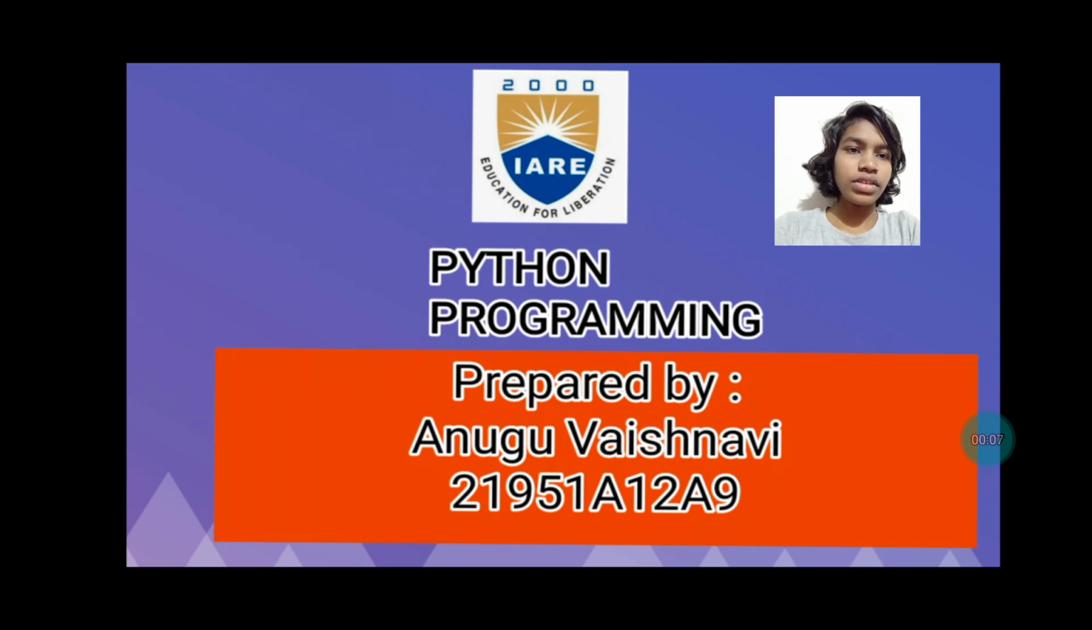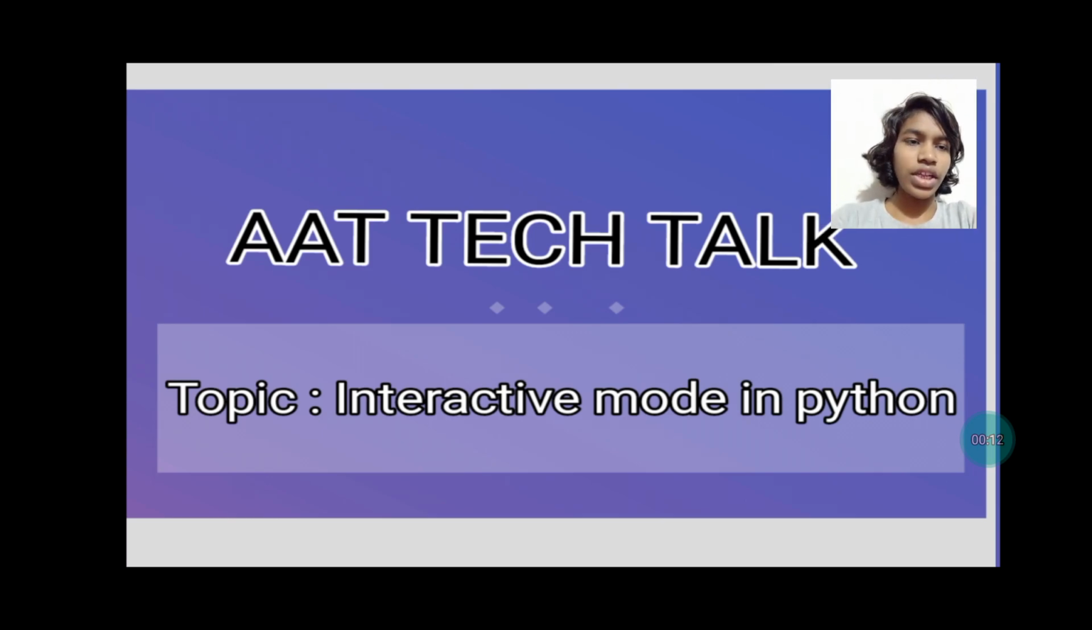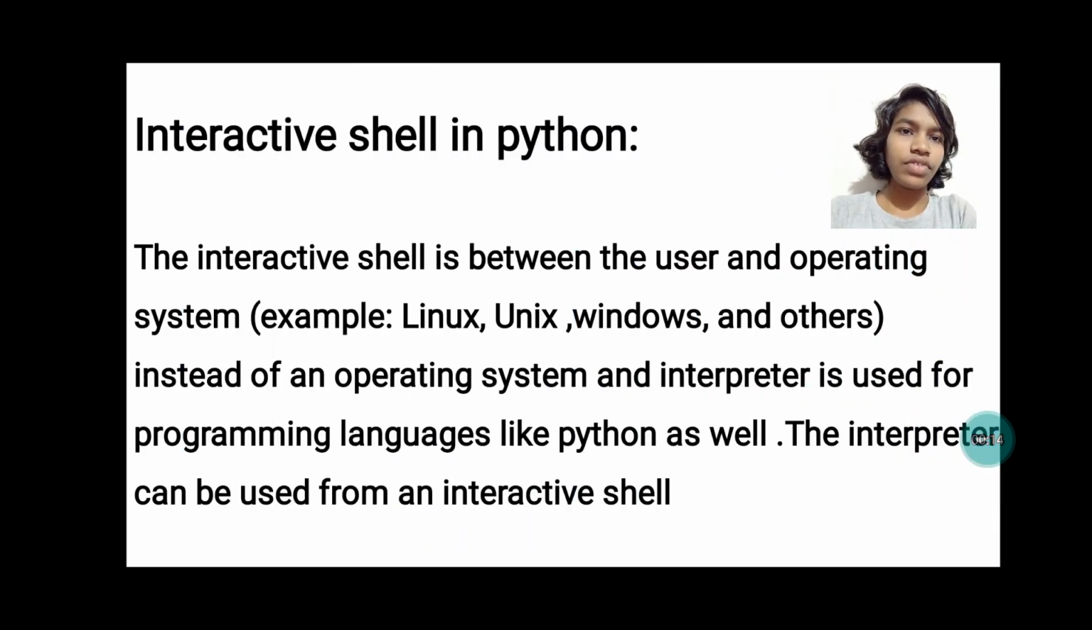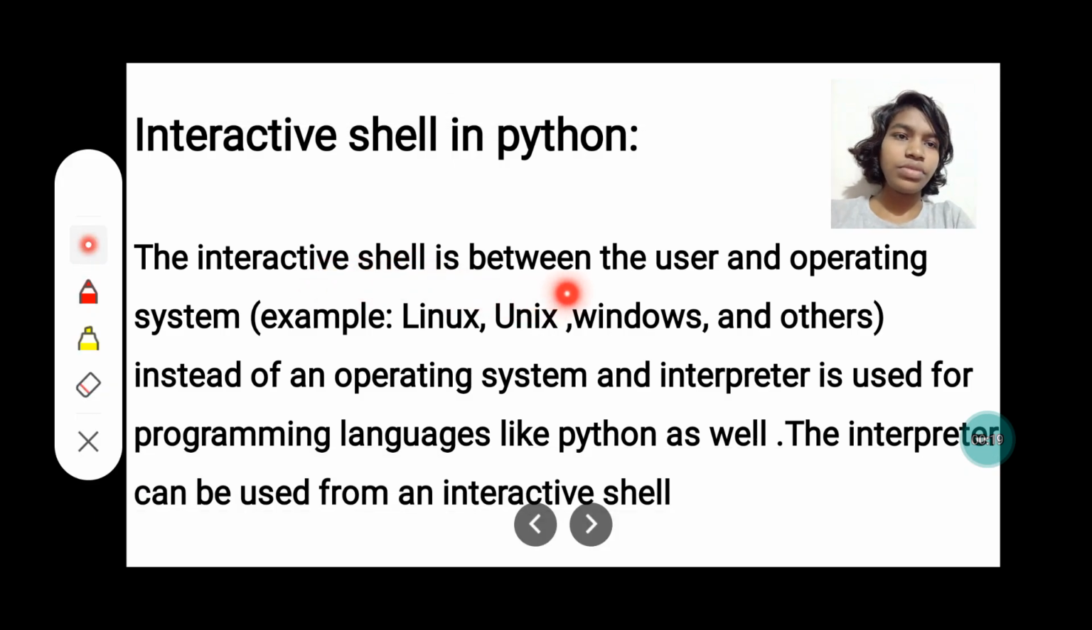Subject Python. As part of Tech Talk, now I am going to explain about interactive mode in Python. Initially, we need to know what is meant by interactive shell in Python. The interactive shell is between the user and operating system. Examples for operating system are Linux, Unix, and Windows, and some others. An interactive shell is nothing but a mediator between the user and operating system. It makes the operating system understand what the user is commanding or instructing to it,